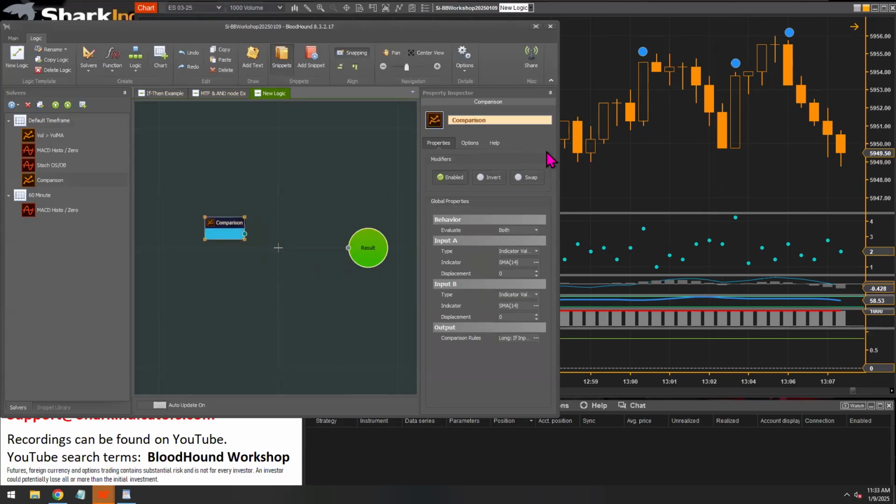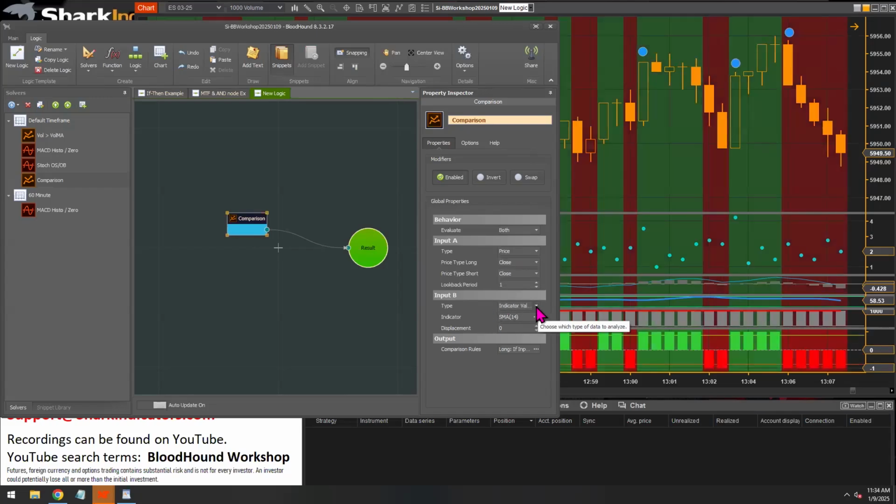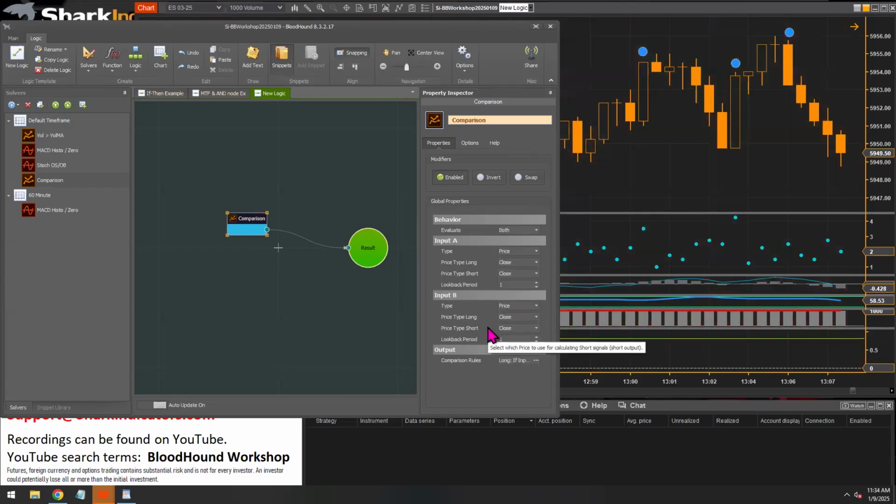We're comparing the closing price to the high and the low, but we need to apply a multiplier here to the average range of that bar. All right, so I'm going to put both of the inputs on price, right? Input A is going to be the closing price. Input B is actually,